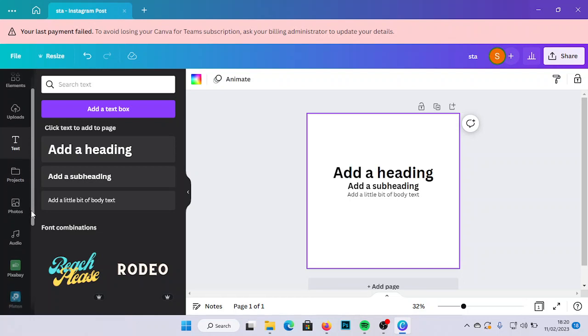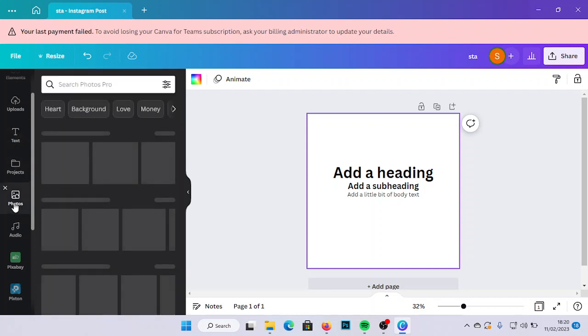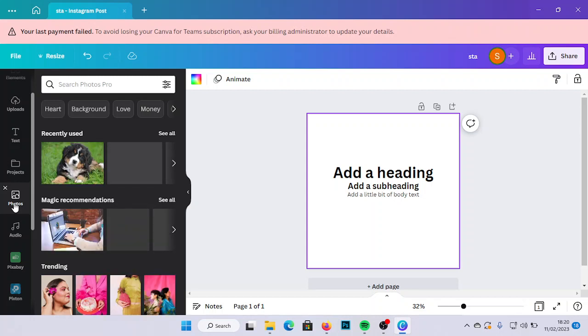The next thing we have here is projects. It talks about the designs you've done on Canva. The next thing to take note of is